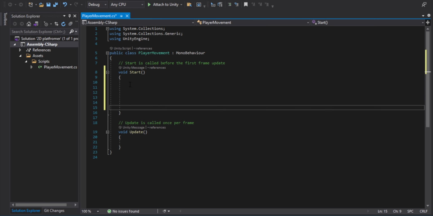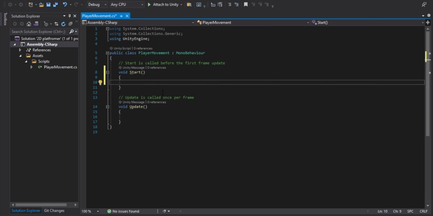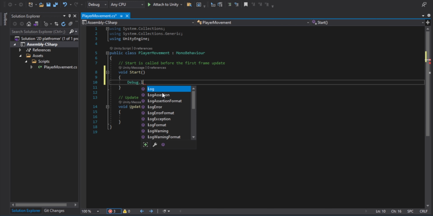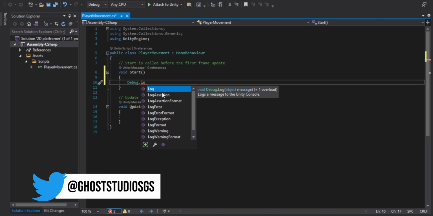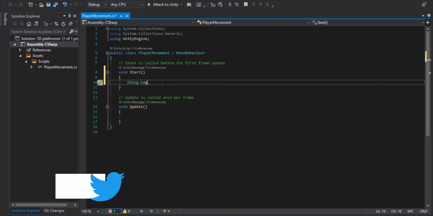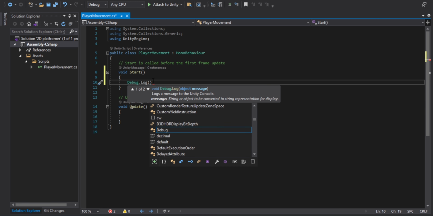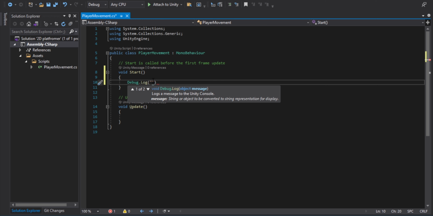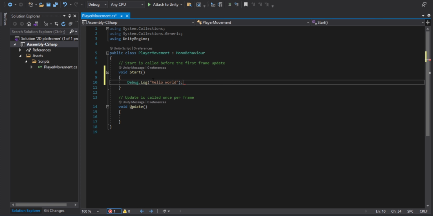Now let's give a message to ourselves. For that, in Start type Debug.Log, but keep in mind that C# is case sensitive. So put a capital letter wherever I am putting one. After typing Log, I am going to open a parenthesis. You can see it automatically closes one. Inside the parenthesis, I am going to put quotation marks, and now whatever I type in these quotation marks is going to be shown in the console. So let's type Hello World and make sure you end it with a semicolon. Whenever you type a command, you are going to end it with a semicolon.